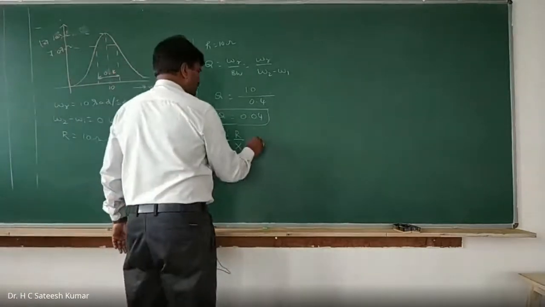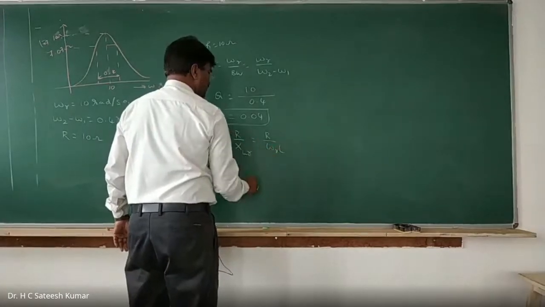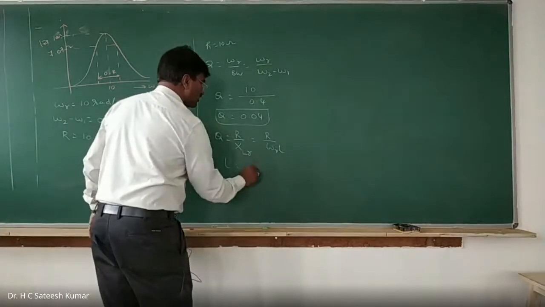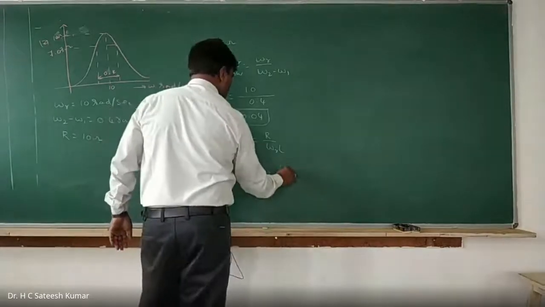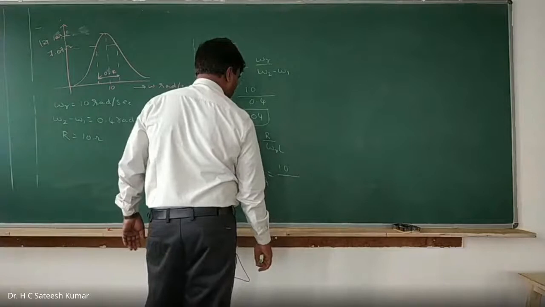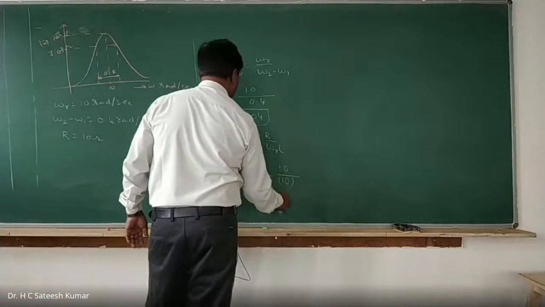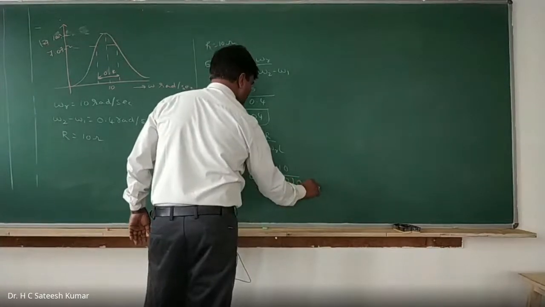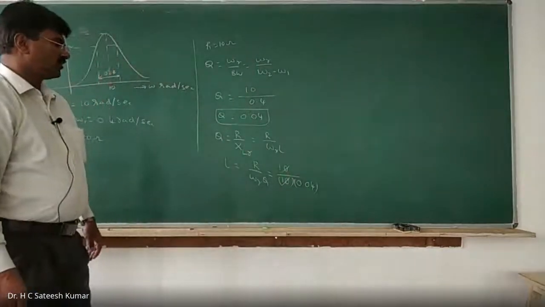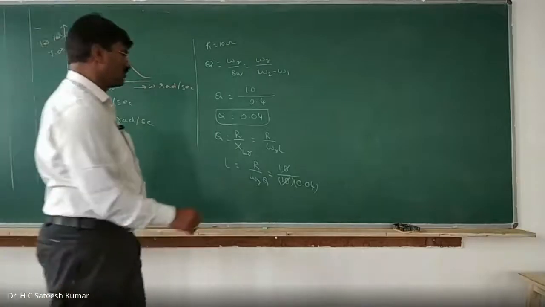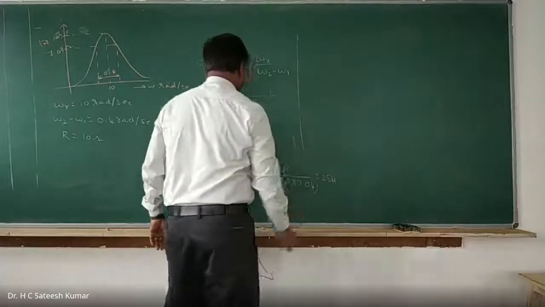So that is nothing but R divided by omega R into L. Therefore, L is equal to R divided by omega R into Q. R we know, that is 10, divided by omega R, which is 10, into Q, and Q is 0.04. So 10 gets cancelled. 1 by 4 is 0.25. L is equal to 25 Henry. Okay, right. Next,